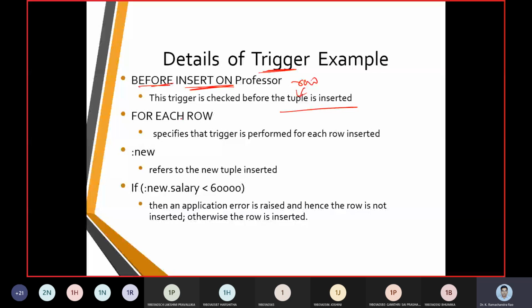Now we are going to make an insert operation, then fire the trigger, or we can say call the trigger name, display salary change.